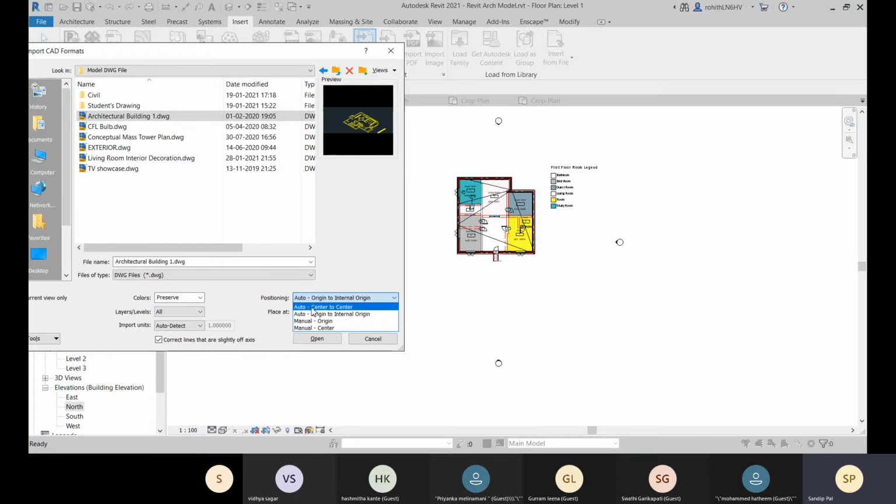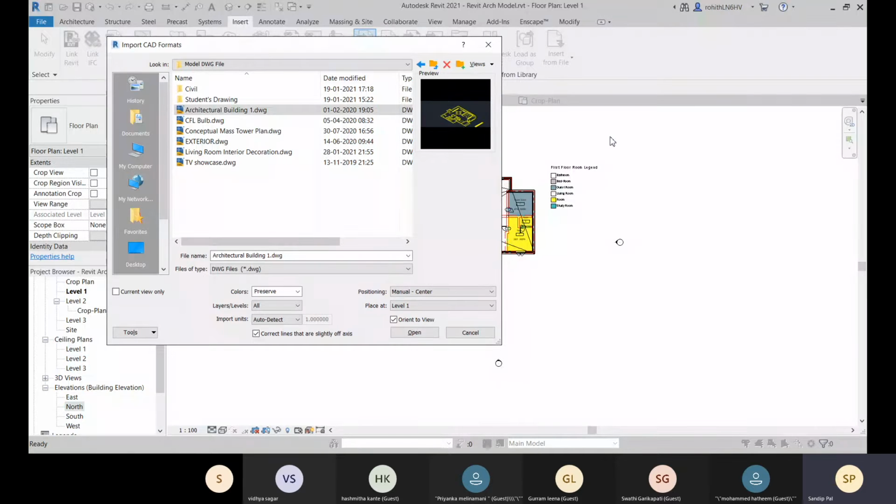You can also go for center to center, the geometric center to the geometric center, so you can go for automatic center to center, or you can manually position those origin and center. So let's go for this manual center, and this is for this view only. I don't want to see it in 3D and other views, so I'll check this current view.